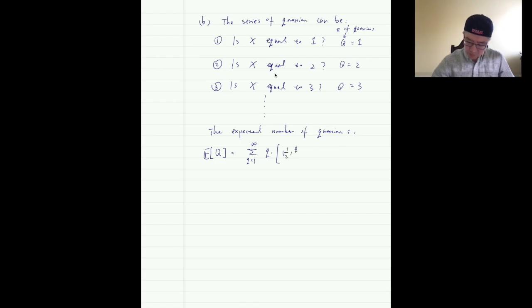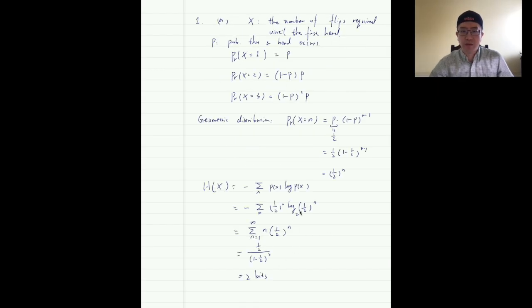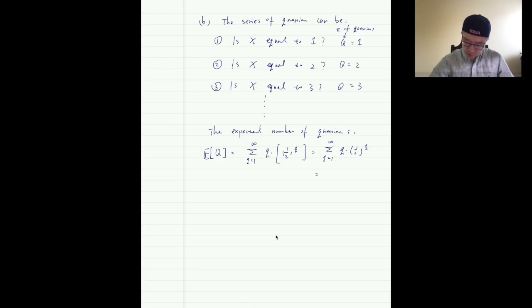So what we get is the sum over q from 1 to infinity of q multiplied by half to the power of q. This is identical to what we used before, so easily we can get that this is also 2,